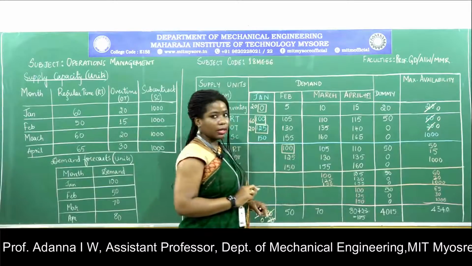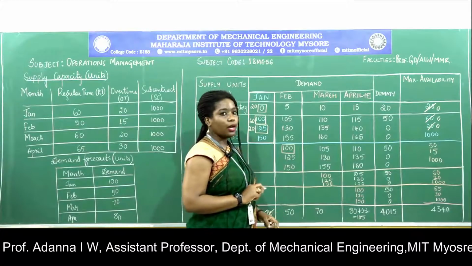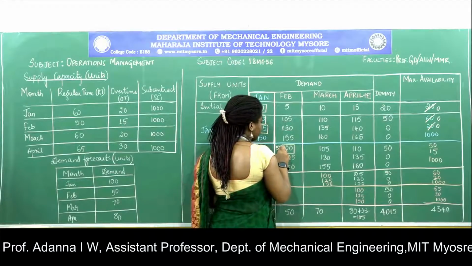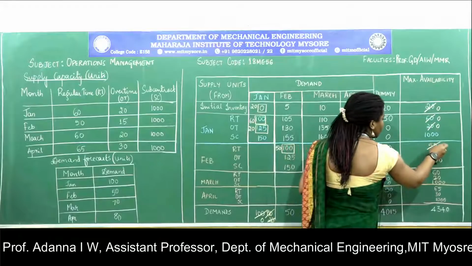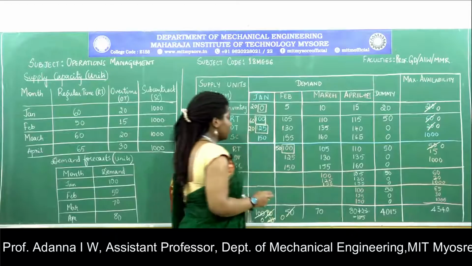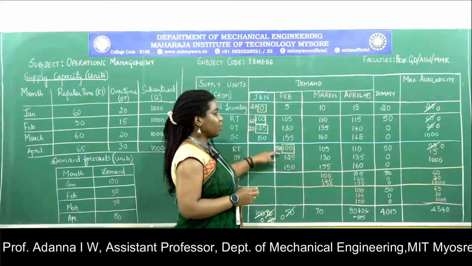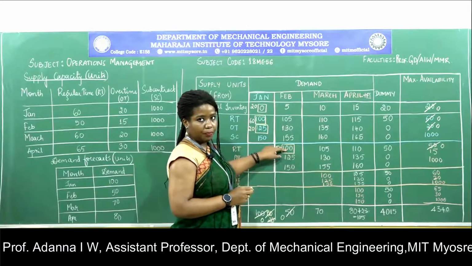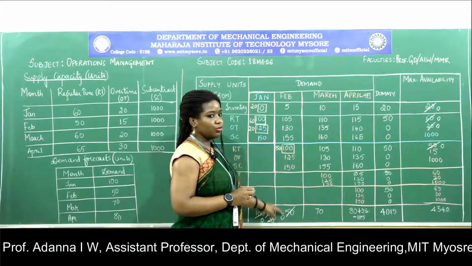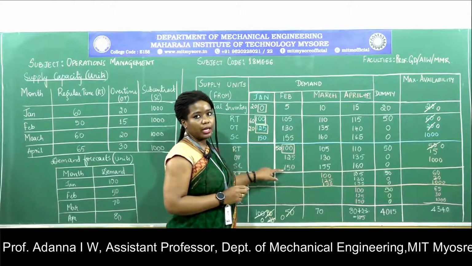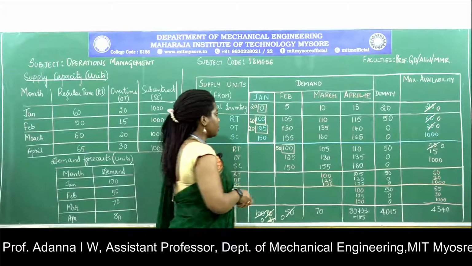I have a demand of 50 units and I also have a supply of 50 units. So I will just fulfill this demand with the 50 units that I have for regular time in February, and this demand becomes 0. This simply means that in the month of February, we are going to use all the 50 units that we have for regular time at 100 rupees per unit to fulfill the demand in February. We are not going to use any overtime, not using any subcontracting. For the month of March,